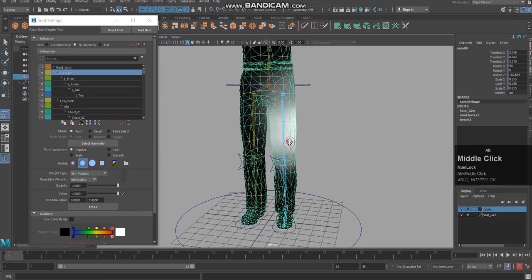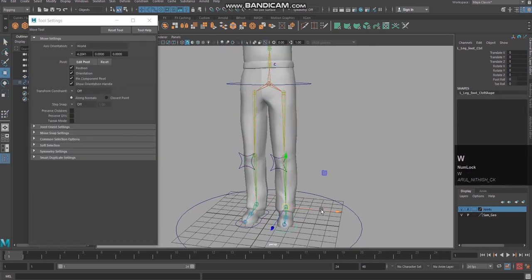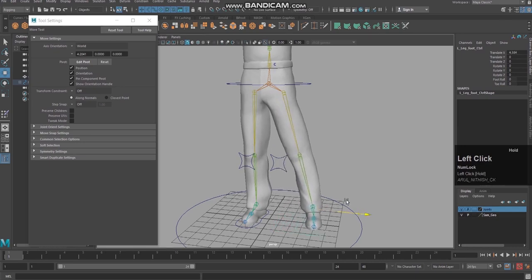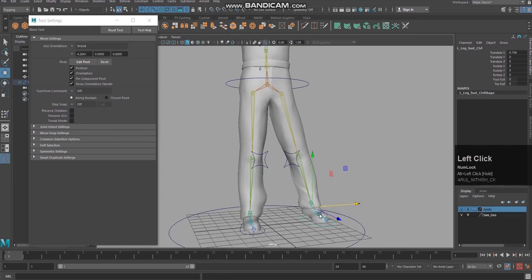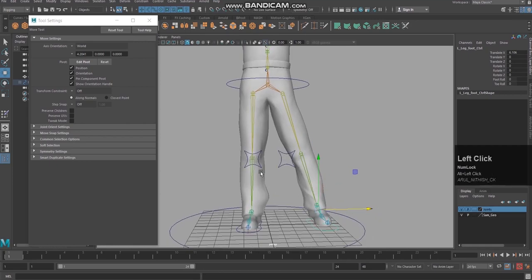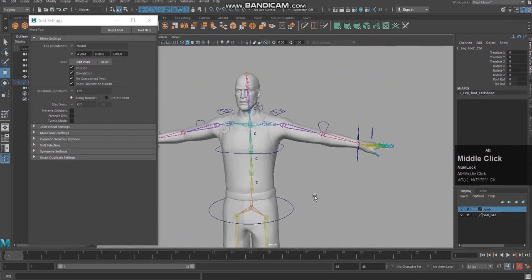That is the reason when I am clicking on this, selecting this foot control, when I am moving it, when this bone is moving, this area is also getting affected, okay. And similarly here, maybe this joint or this joint, any one of the joints may be influencing this area, okay. That we should find out and we should remove the influence.